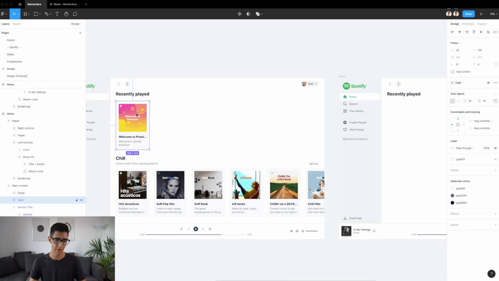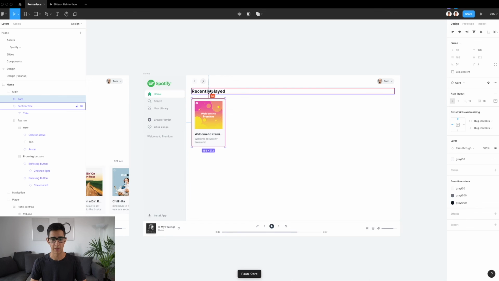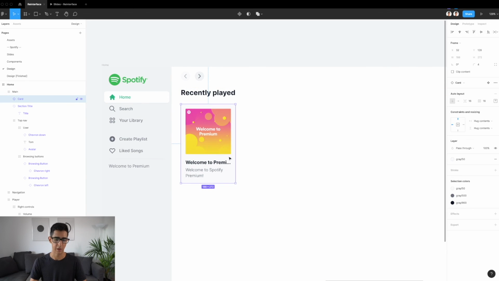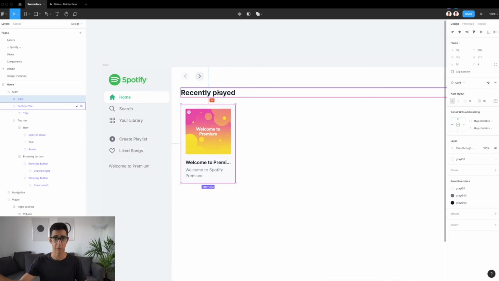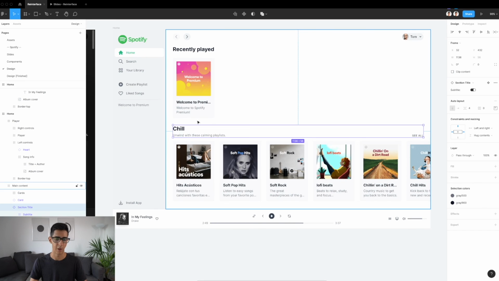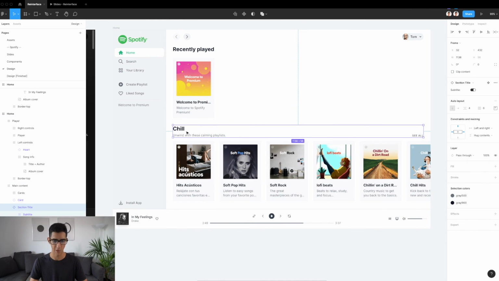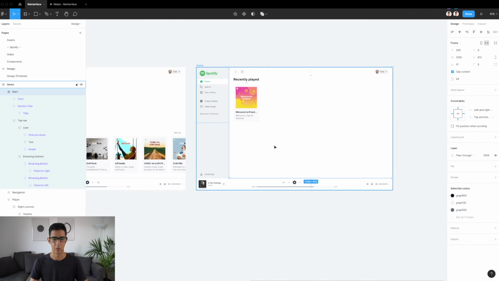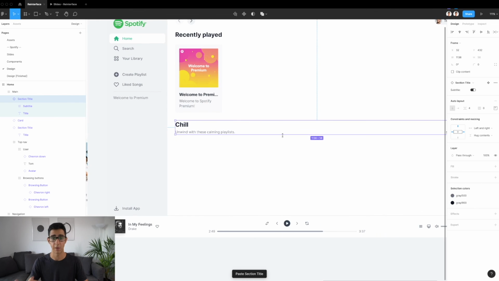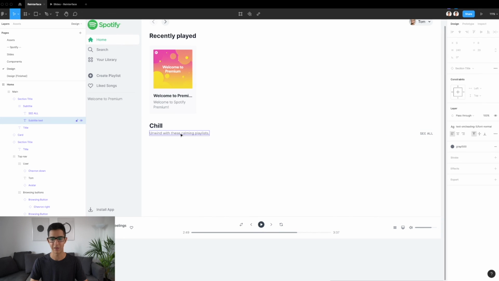Right underneath that is our card component, which is just the base variant that we have. So we can have it just like that with 24 pixel spacing with respect to the section title. And then underneath that, we're going to have one of our sections with a more complex section that is going to have a section title with a subtitle. So all I did is I added an instance of that component right here, changed the typography to these things right here,